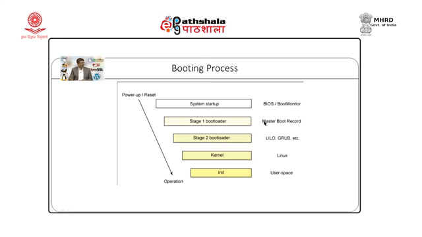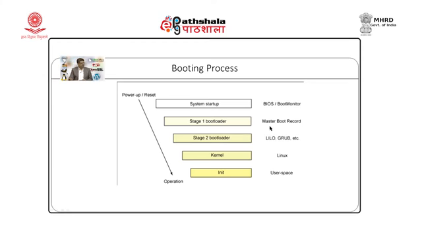If it is a dual boot system, MBR will ask whether you want to boot system number 1 or system number 2. According to the choice, another boot loader is loaded. It can be LILO, GRUB, ISOLINUX and so on. These boot loaders are responsible for loading the operating system.